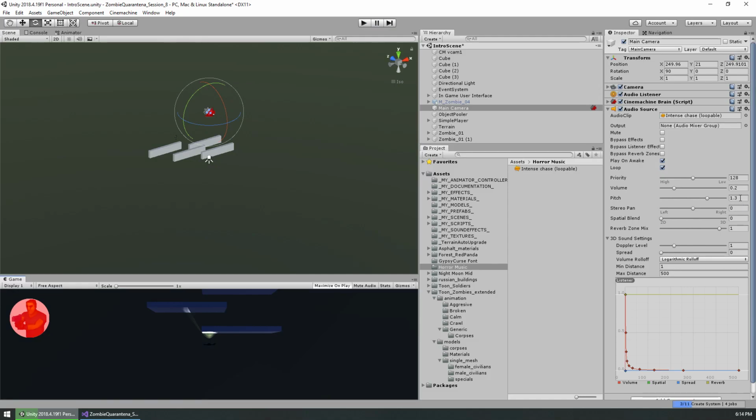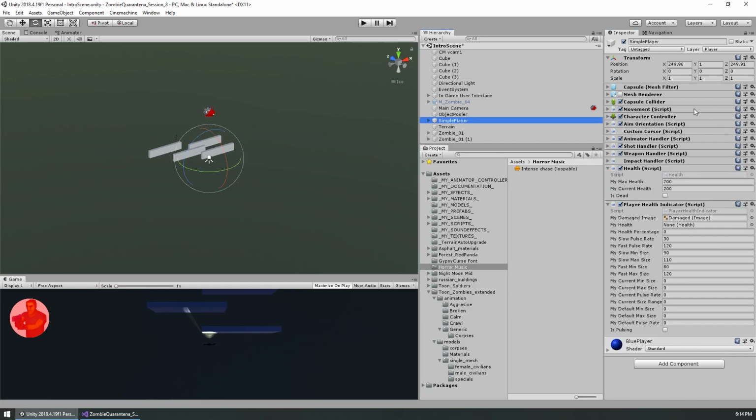So the point of that is to show you that you can change the pitch of any sound cue to make it lower and slower or higher and faster. And there's times that you're going to want to do that. And one of those times is right now. So in our simple player, we're going to need to create a new component